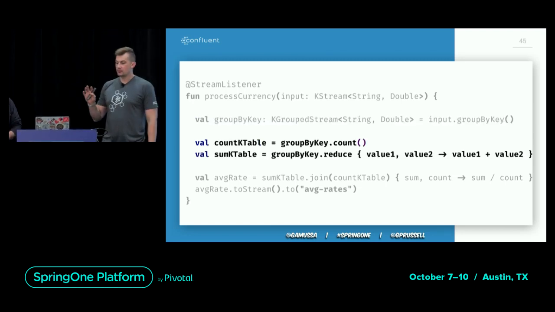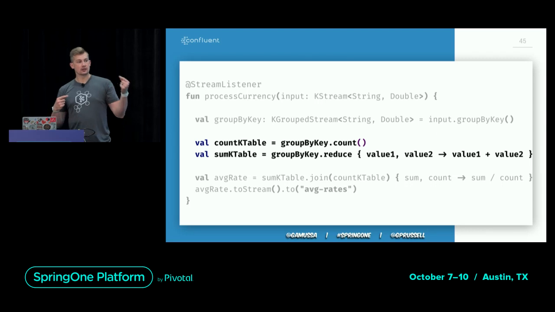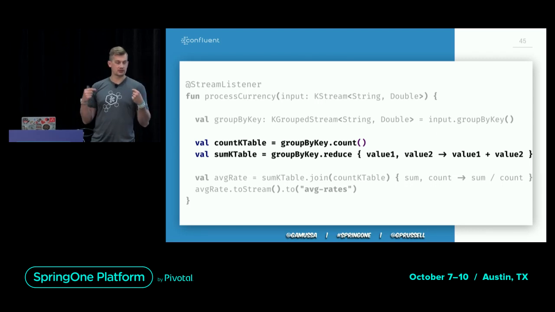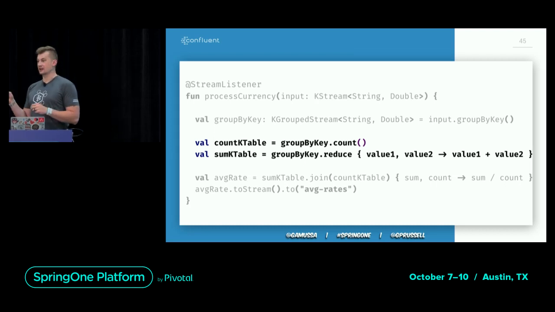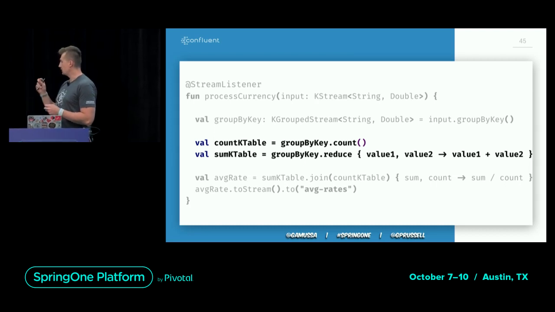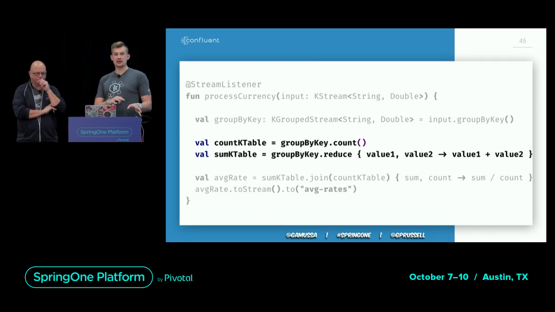Next, we're trying to do count, and we're trying to do sum. In this case, we're using the function count that calculates the count of messages that arrive for a particular key. And sum is just summing. The cool thing is that you're using this method, but there's no explicit concurrent hash map put or some database insert.